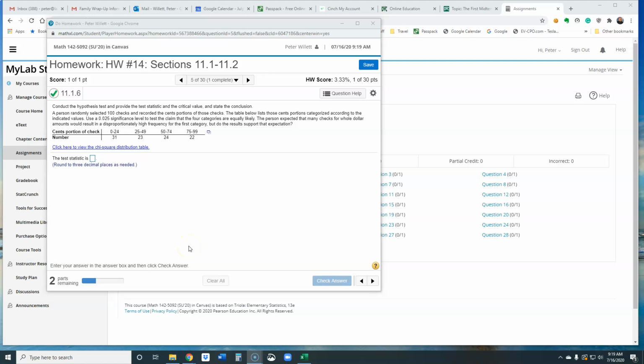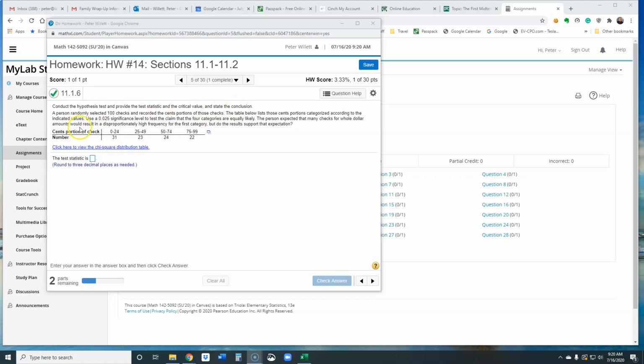Hey there, students. I wanted to do an example problem from Chapter 11 where we see how to do a goodness of fit in StatCrunch. This is from homework number 14 on Chapter 11, and I grabbed problem number 5 here. The problem asks us to conduct a hypothesis test and provide the test statistic and the critical value and state